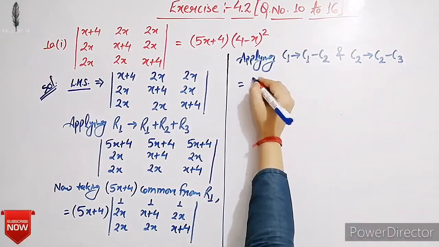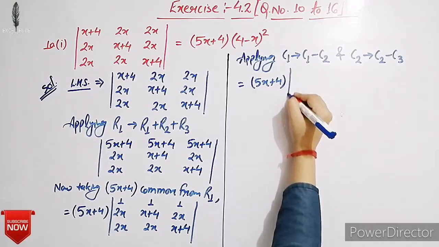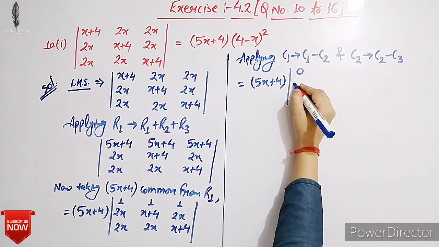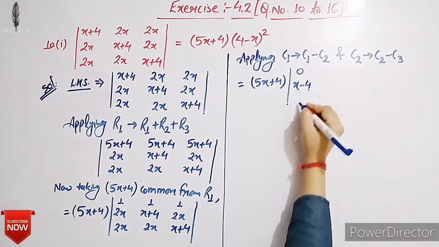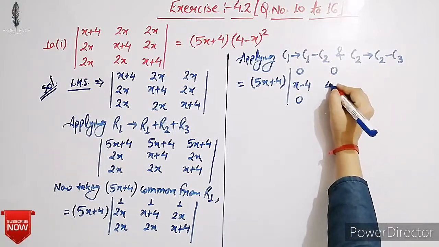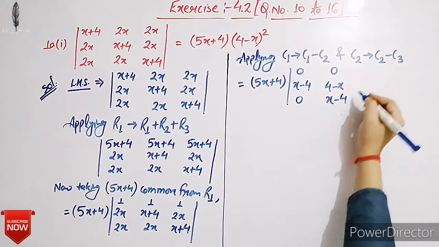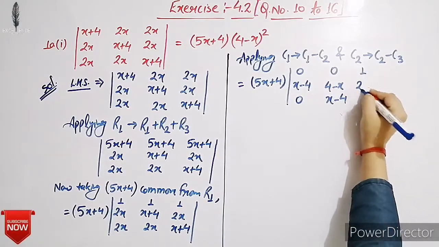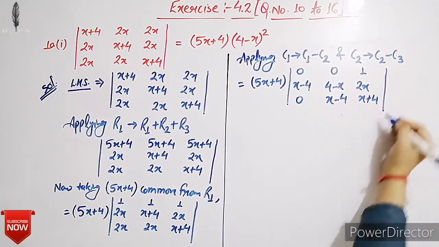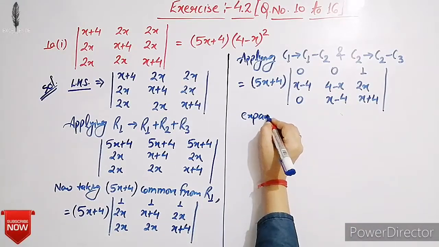Then we get it is equals to 5x plus 4 into here 1 minus 1 is 0, it is x minus 4, here also 0. Now applying C2 minus C3, then we get 0, here 4 minus x, here x minus 4 and C3 is same, that is 1, 2x, x plus 4. Now in R1, two entries are 0, so expanding along R1,